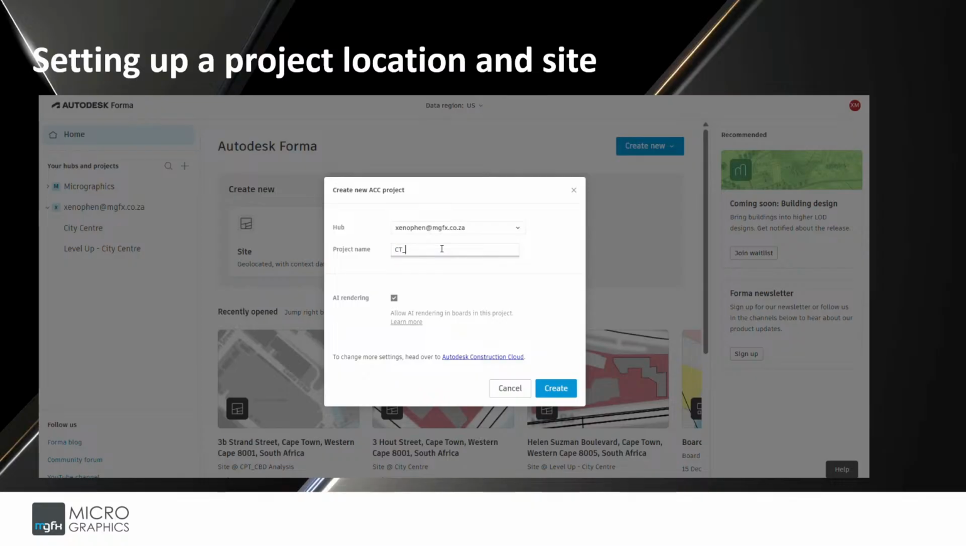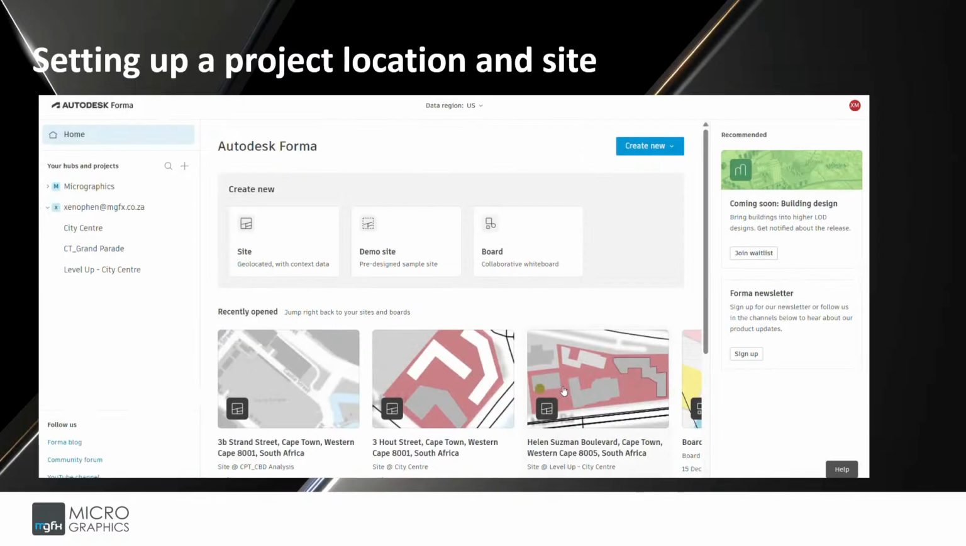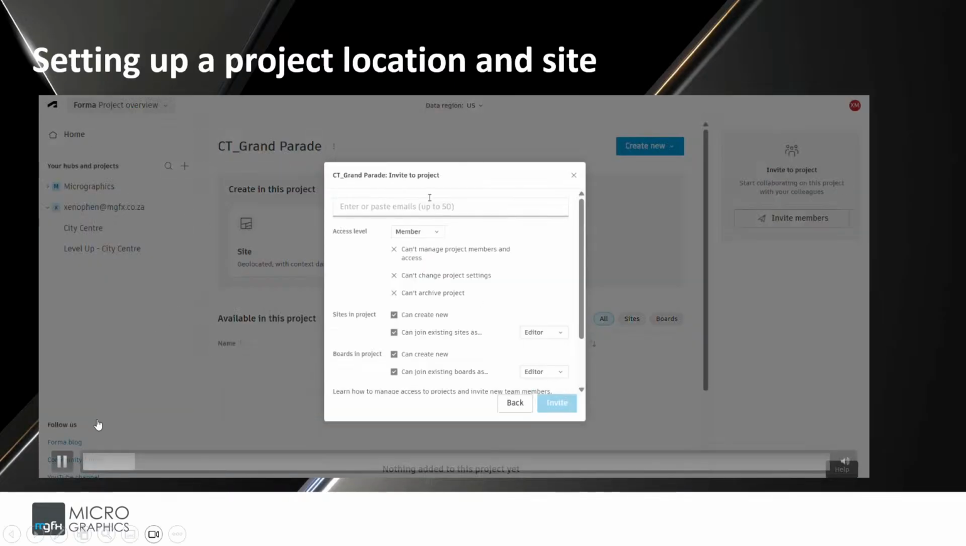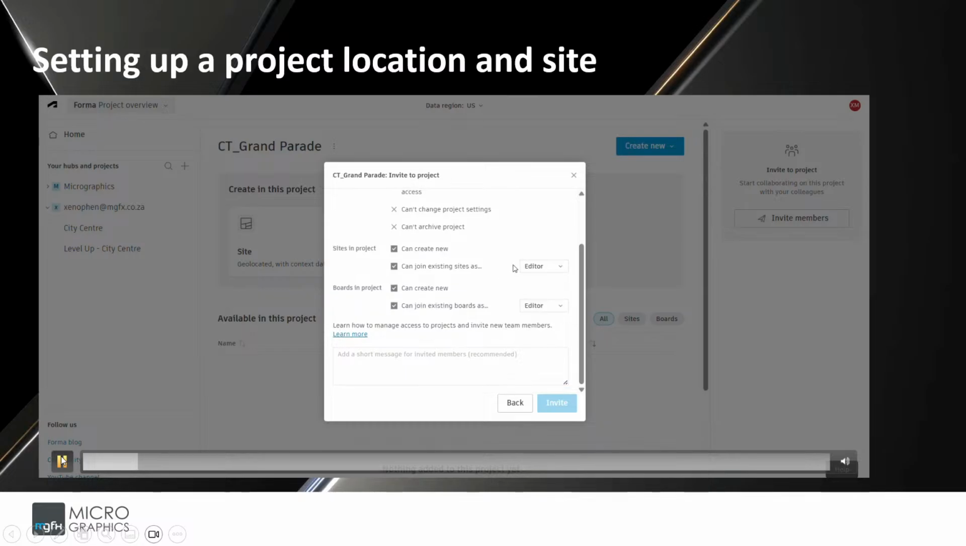So because I'm located in Cape Town, I've just said CT underscore Grand Parade, and that is where my project will be located. Obviously, depending on your office naming conventions, that will determine how you name your project. So once we've done that, the next thing that pops up is